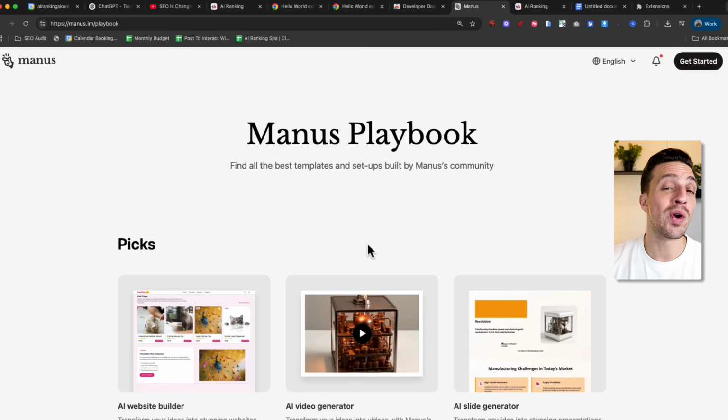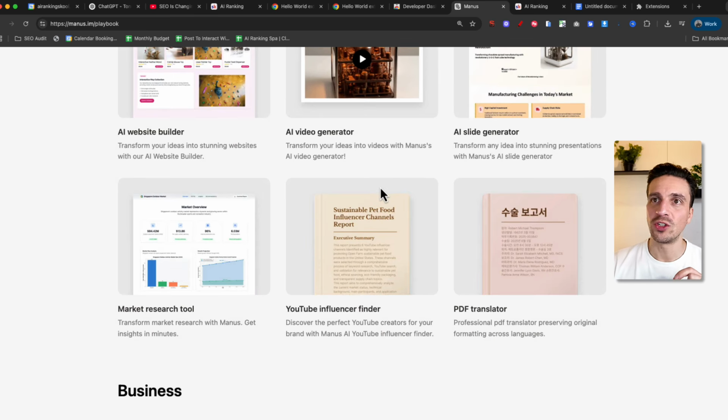So how do we create a Chrome extension? There's a lot of tools out there that you can use, including Claude, GPT, but Manus does this now with one click. You can create a free account with Manus. I'll leave a link for you to do that below. Once you do that, I want you to go to